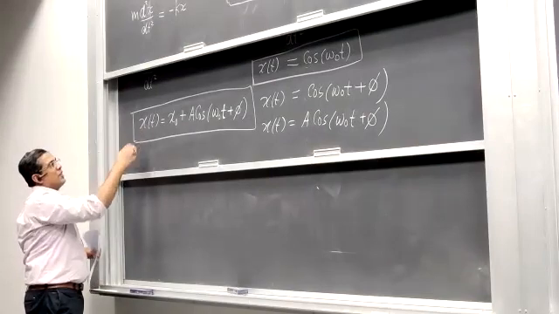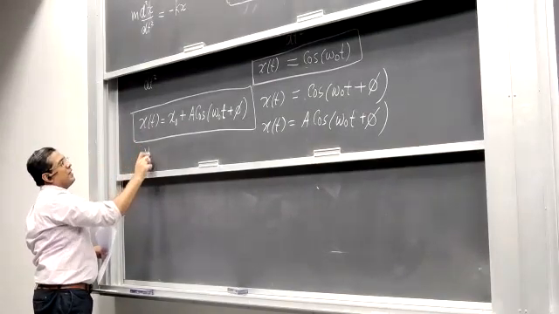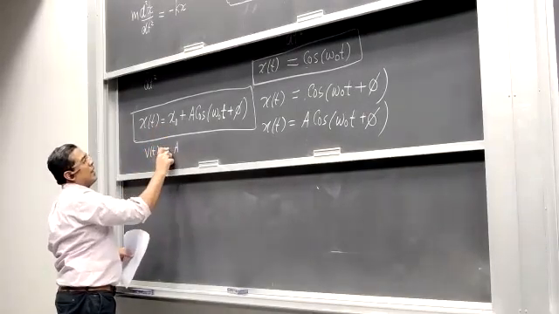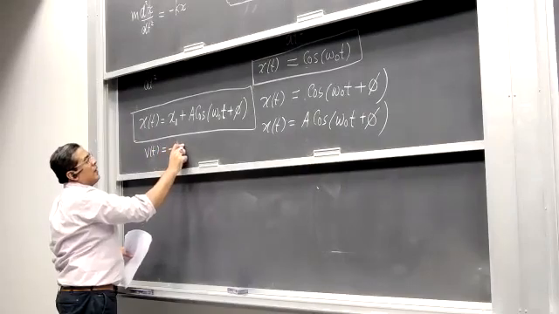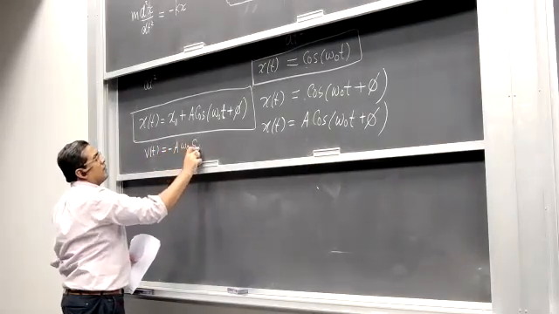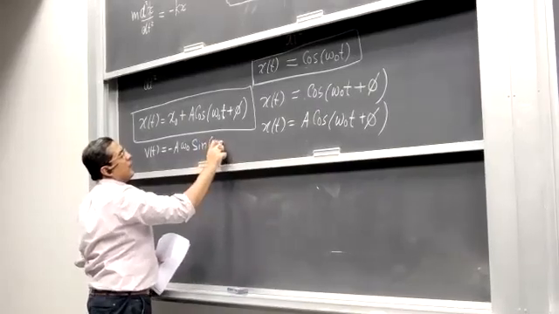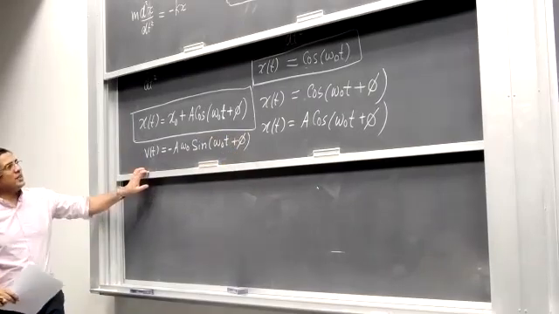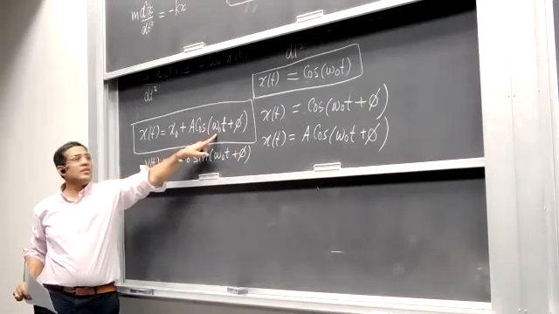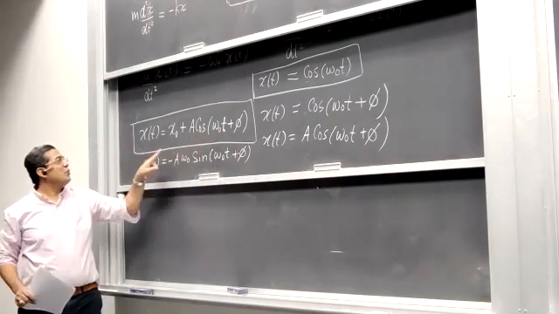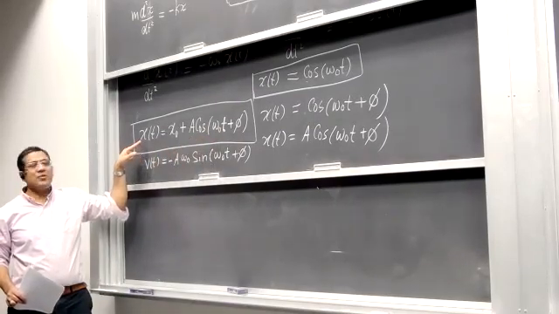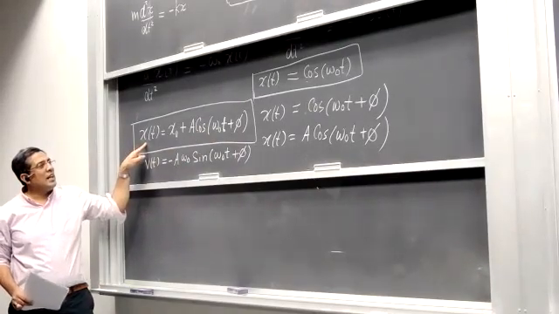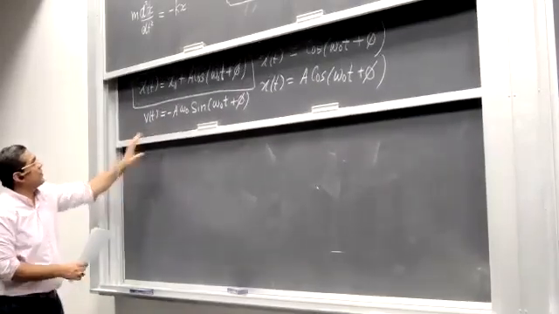If you know these two quantities, from this equation you can get another equation. You can take the time derivative of this thing and you will get v of t equals minus omega naught sine omega naught t plus phi. Now if you plug in t0 here, you will get x at time 0. That is something you should know, and you will get one equation. So let me just write the equations for you.